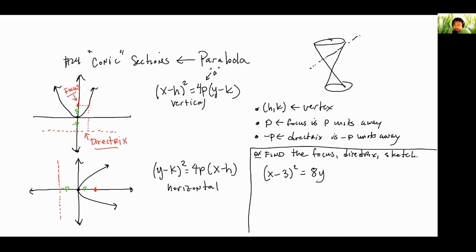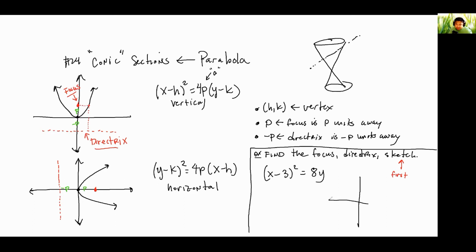(x - 3)² = 8y. Well, here's a weird thing. I like to tell students to do this first. Sketch what you know now. Okay. In other words, if I try to quickly sketch this,